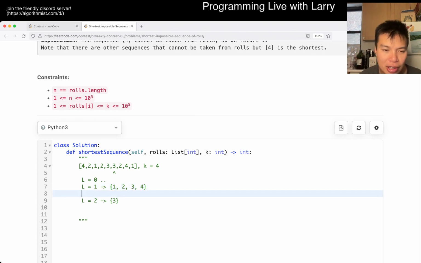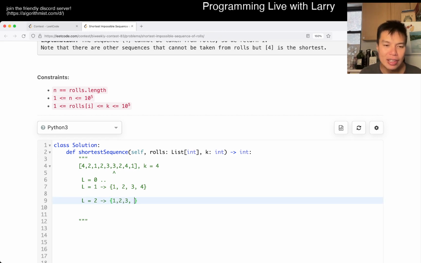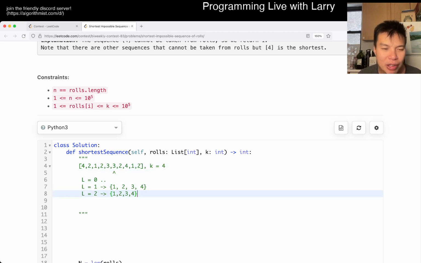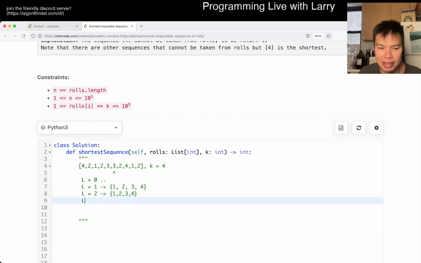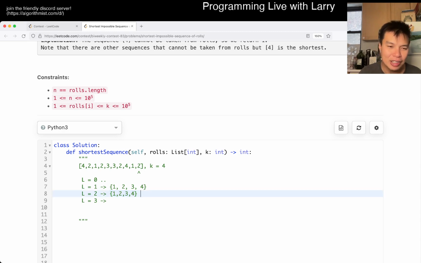And then now you go to 2, and then 2, we can see that we could add a length 1 prefix to make a length 2 thing, and then a 4, and then 1, right? And that's basically the idea. Let's say we add another number, let's say another 2, then we can say, well, now we know that we can make every possible length of 2, let's try to make a 3. And the way that we can make a 3 is by taking this number 2 and adding it to every possible one. Because here we know that, what does this represent? This actually represents 1, 1, 1, 2, 2, 1, 2, 2,